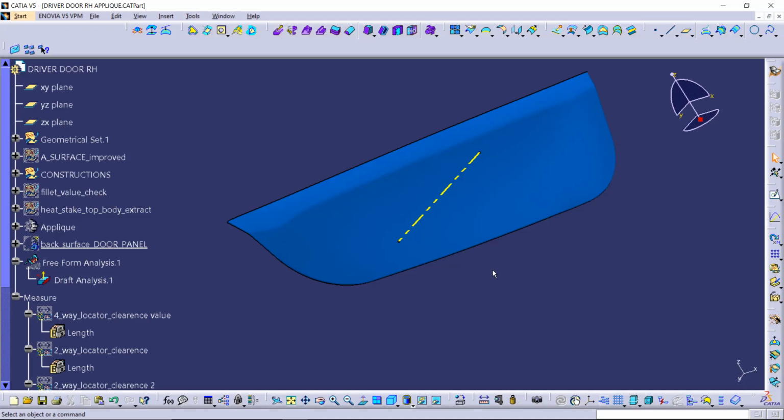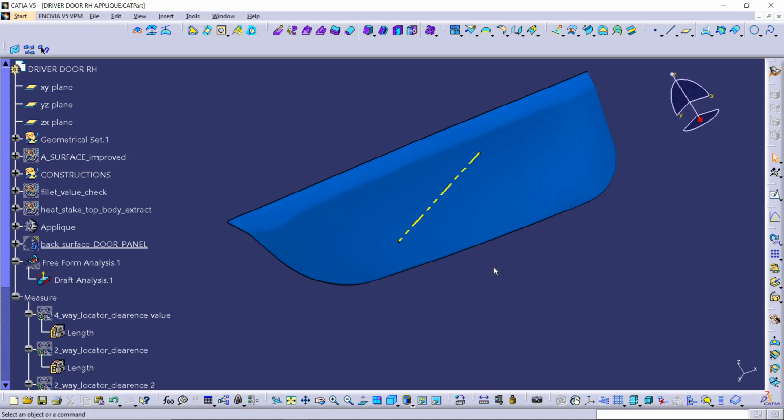The styling team will try to optimize the design according to that report with the help of the NPD CAD team. And after the optimization of the design, the third step is designing class B surface